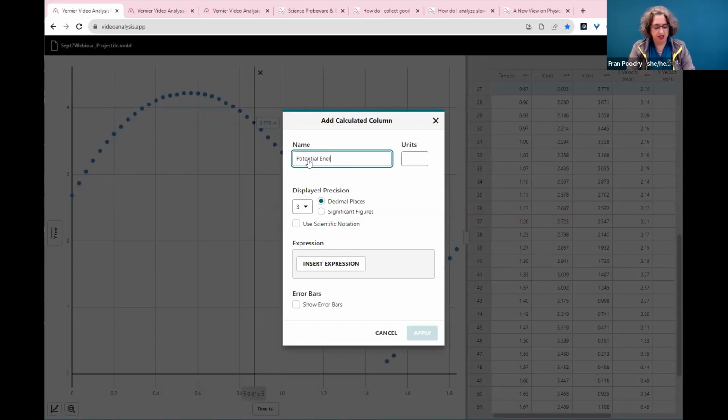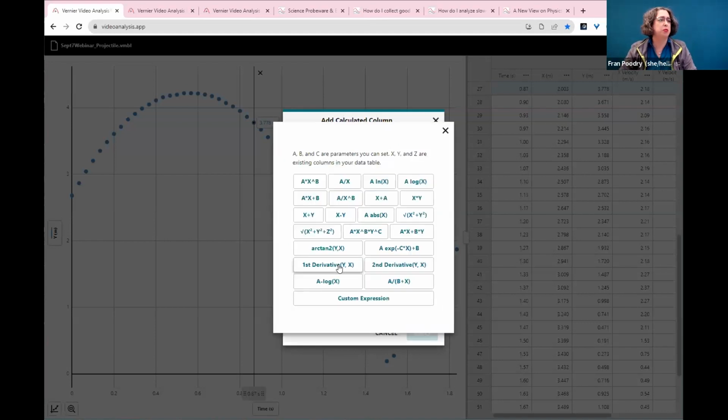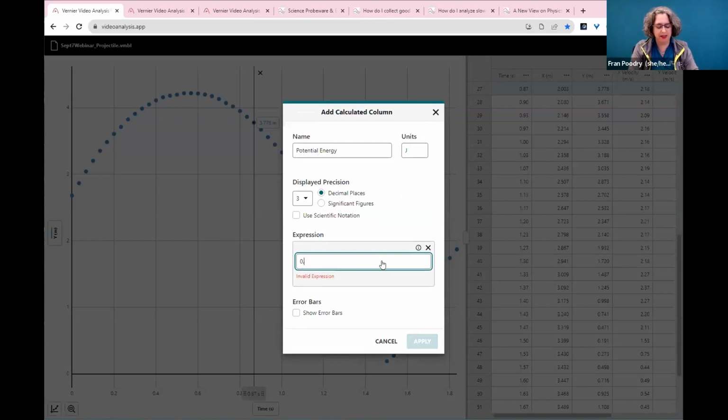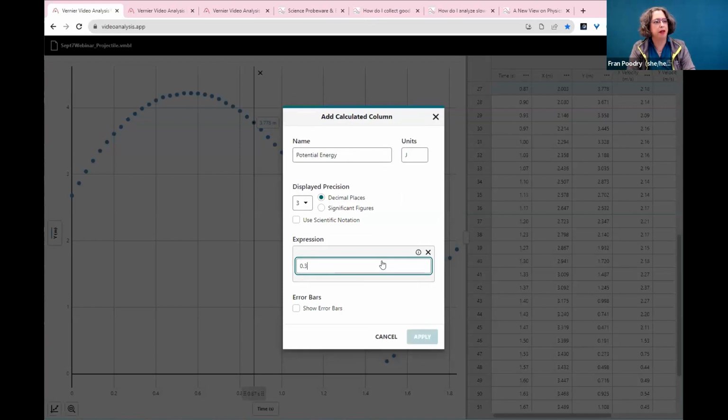I'm going to say potential energy, I'm going to say joules, and I'm going to insert an expression, and this is where you can do a custom expression. So there's all of these things, but my expression is going to be the mass of the object times the acceleration of gravity times the vertical position from 0. So I'm going to put in a custom expression for that, and I'm going to type in the mass. I'm just going to ballpark this. I don't actually know what the mass is, but I'm going to call it